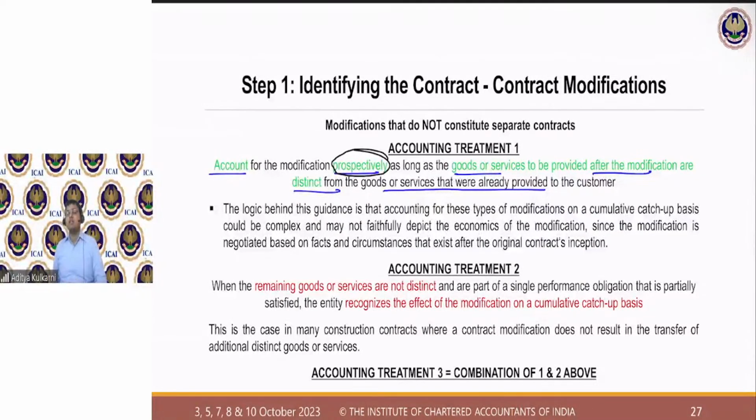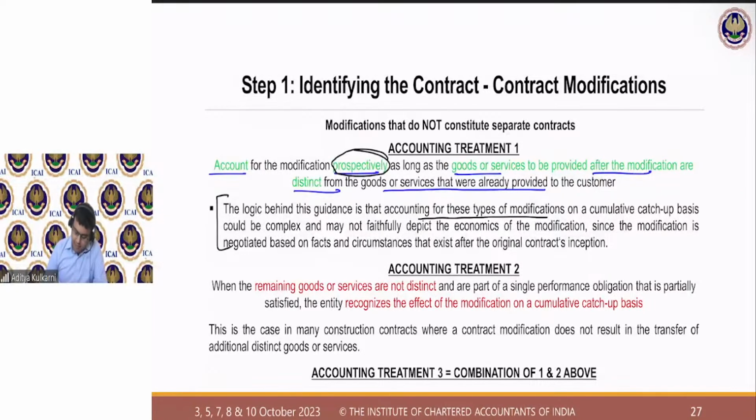So those distinct goods and services are being talked about here. If what you are supplying now is going to be distinct from what is already supplied, that means it will be given a prospective treatment henceforth. If it is distinct in the context of the contract, then you will do the accounting for the modification prospectively. Henceforth, what will be recognized going forward, that is what you are going to do. The logic behind this accounting is that accounting for these types of modifications, okay,